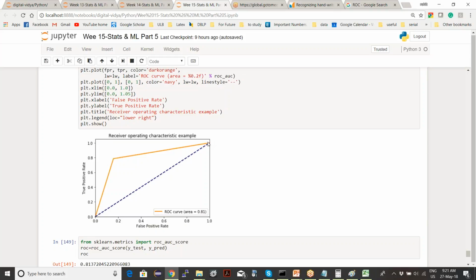That means it has a 100% true positive rate. That's the best case.